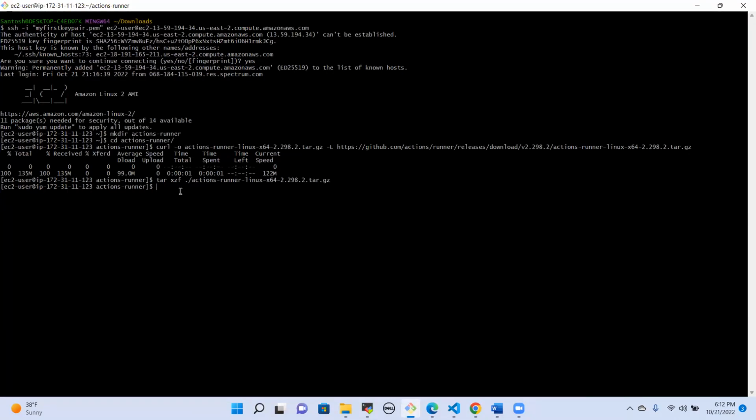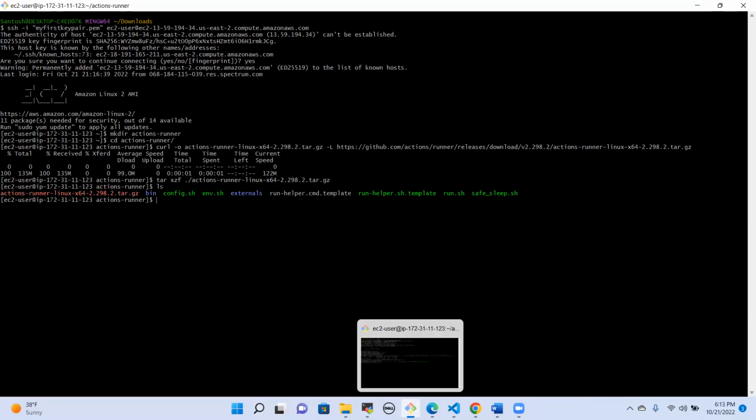This is the package we have downloaded. If I do ls, it will have the configure.sh and run.sh files in this package already. So we have to configure using this configure.sh. We have to execute that